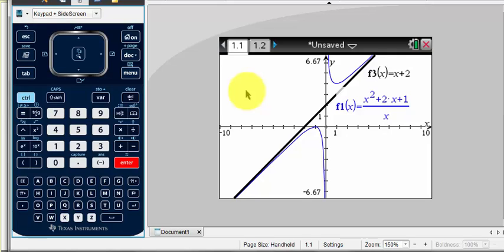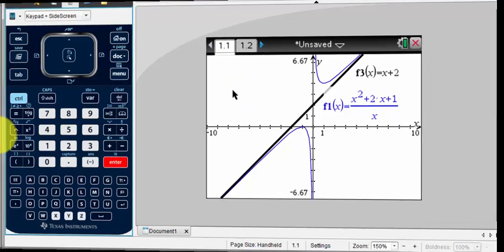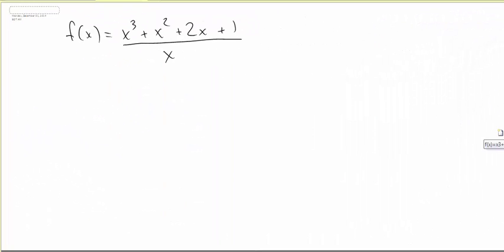Now, these two examples are not part of the IB curriculum, but it's a good thing to know that these sorts of things are out there. And we find these other asymptotes by doing long division, or just division like I did. We have a cubic over a linear function. If I do my division,